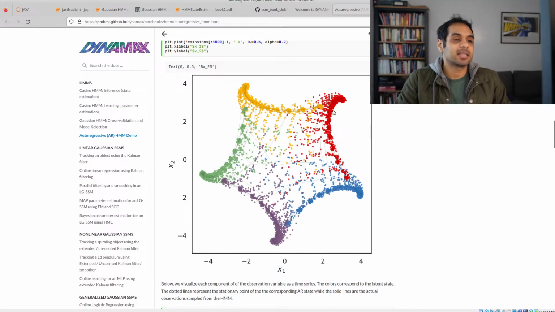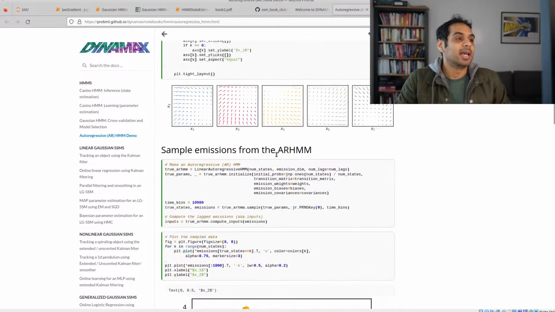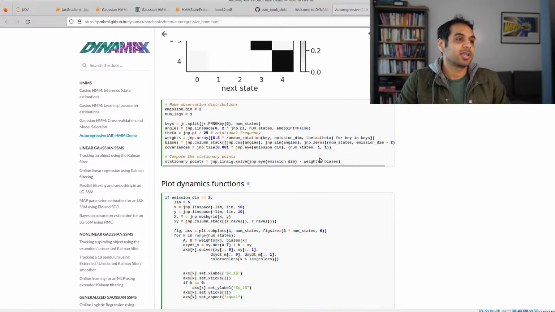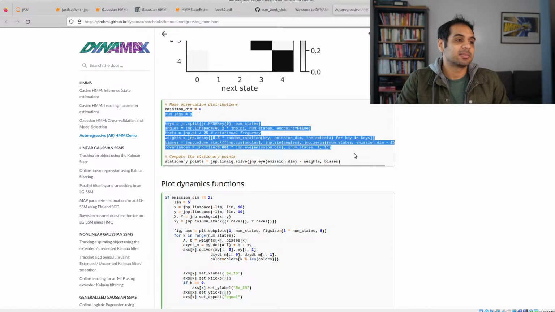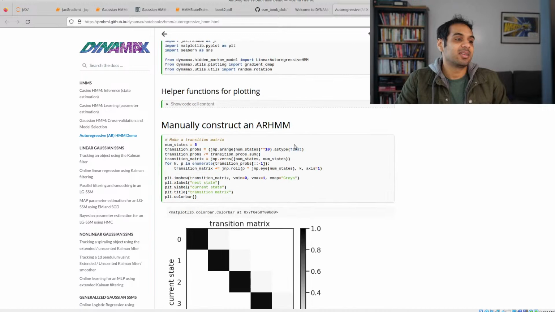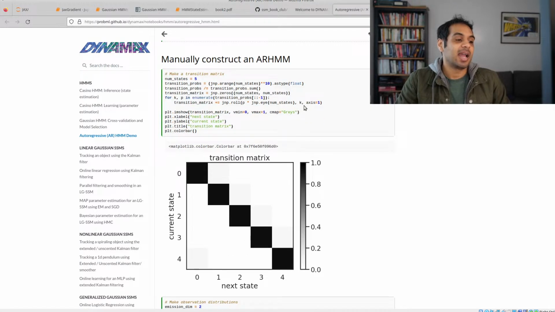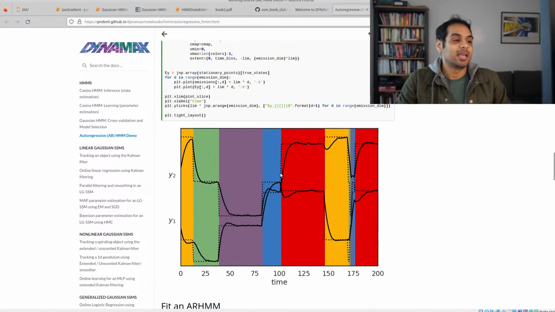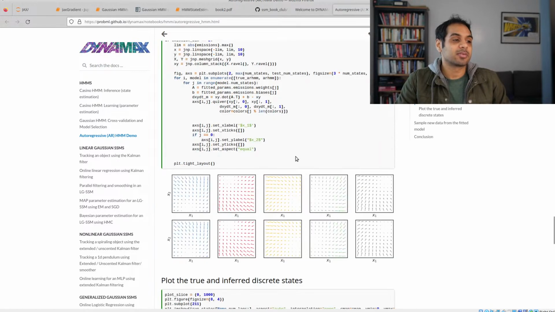The state that you're going to be in next is dependent on the observations you saw previously. As you get closer and closer, you tend to get pushed more into a particular state. All the code of how the dynamics work is in this block right here. I have not fully understood these two code blocks yet, but this overall thing is a really cool example of